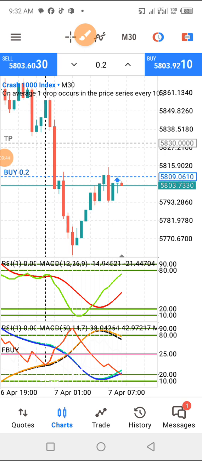Now on crash, how do we take a buy? The brown and the black MACD, we use them when we want to take a sell setup. We use them when we want to take a sell. While the blue and the green are for buy. Exactly. So at this point, when the blue and the green are touching level 20 and level 10 respectively, it is indicating that